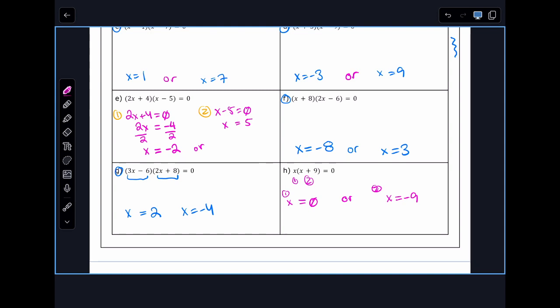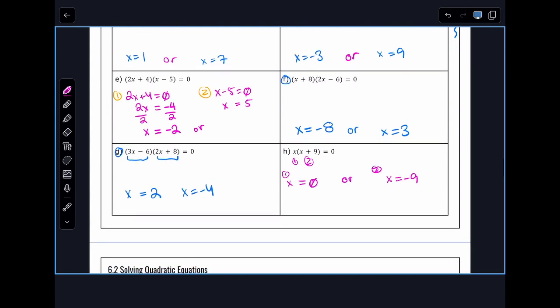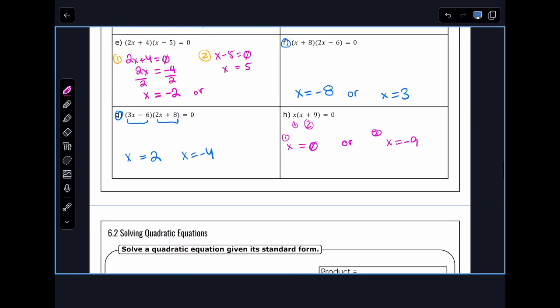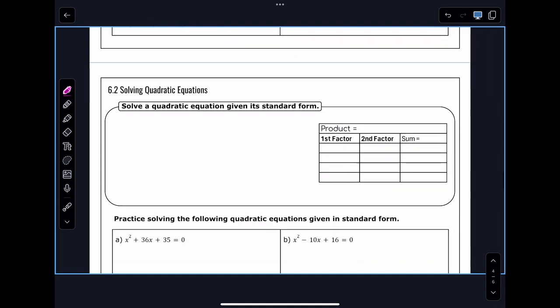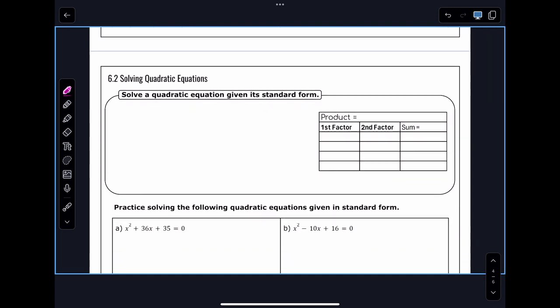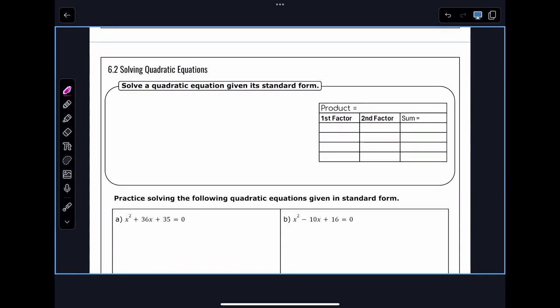Alright, sounds good. So now we're going to get to a little bit more complicated. We're going to have to be factoring again. So this is why, if you struggle with factoring on your test, maybe spend some time to practice it, because you're going to use it throughout grade 10, grade 11, grade 12. So let's say this is what most of your problems are going to be like. You're going to get an equation in standard form. So let's say y is equal to